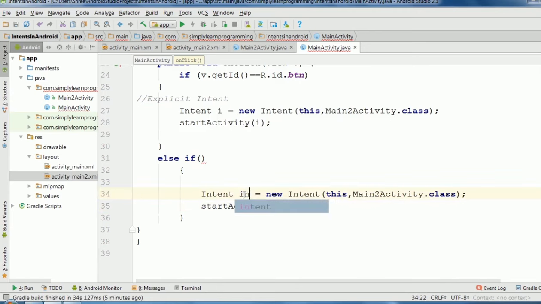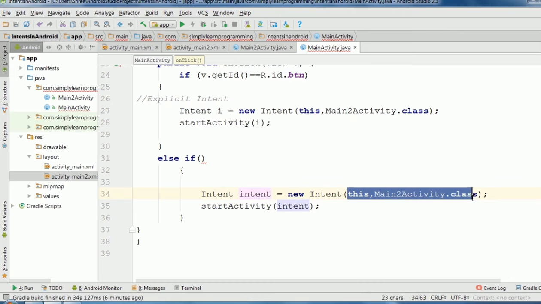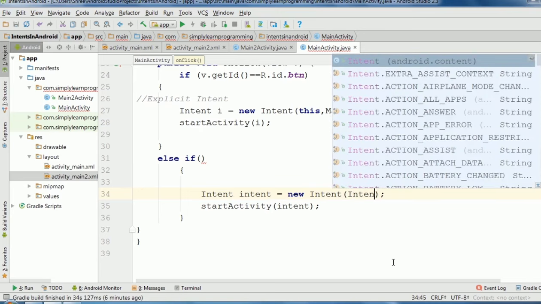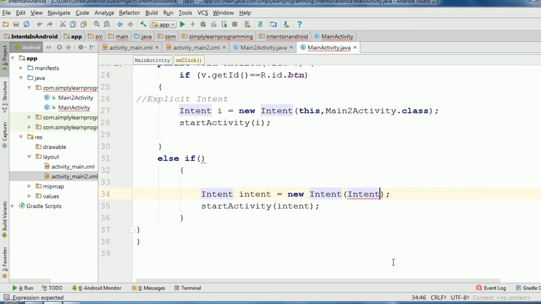Change its variable name to intent, and then pass this intent variable to startActivity, and here in bracket, Intent, this Intent class, these are the constants.